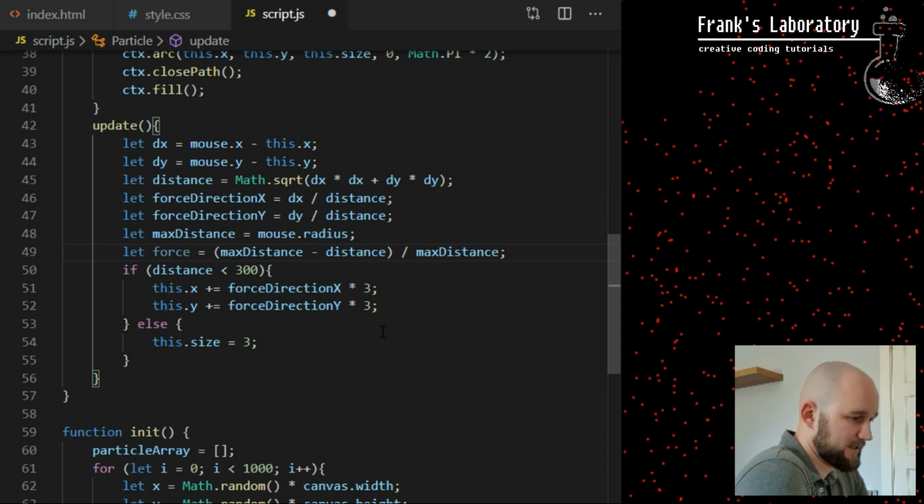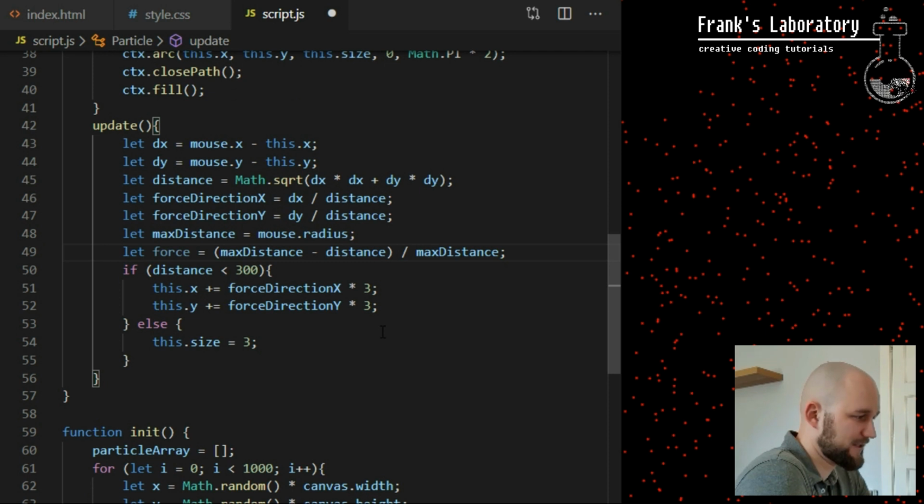To get this behavior, I need to convert range between 0 and 250, or whatever max distance variable is on line 48. I want to convert this range to a smaller range between 1 and 0. Once I have that value, I will multiply it times particle speed, and it will cause particles to slow down in proportions to its current distance from the mouse. You can already see the calculation. I say max distance minus current distance to see how far particle currently is from the max distance area.